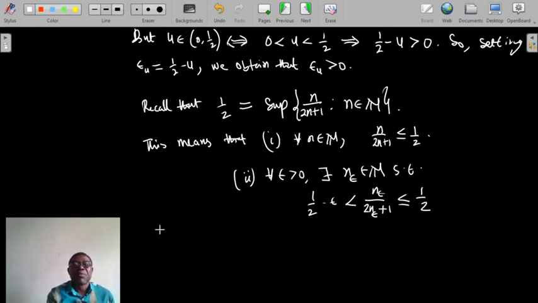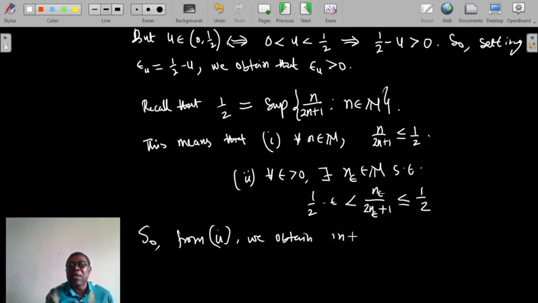Therefore, from the second property, we obtain in particular that